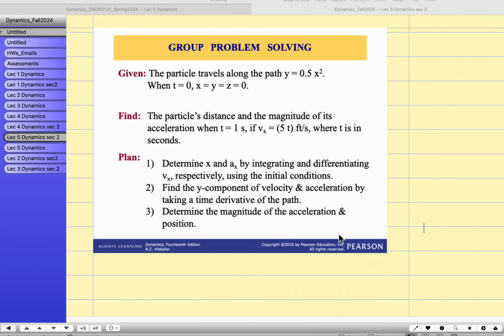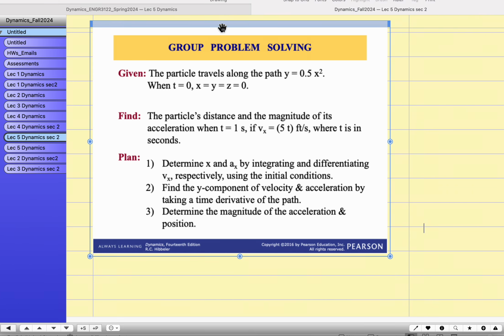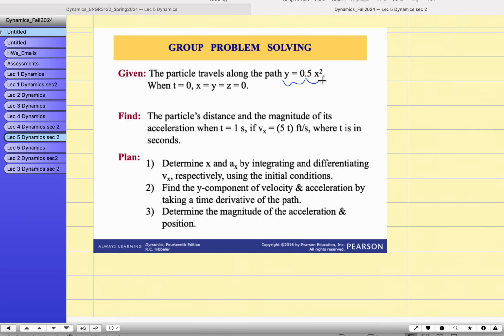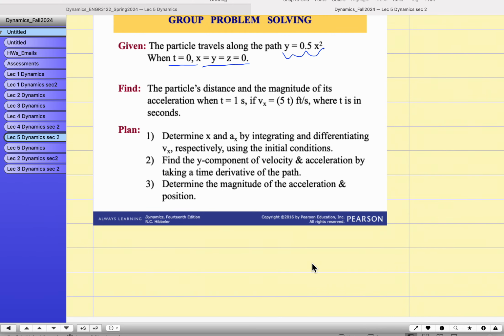The question is, the particle travels along the path. So this path has been given to us, and at an instant time t equal to 0, it is at the origin, x y z equals 0. So you have to find the distance of this particle and the magnitude of the acceleration at time t